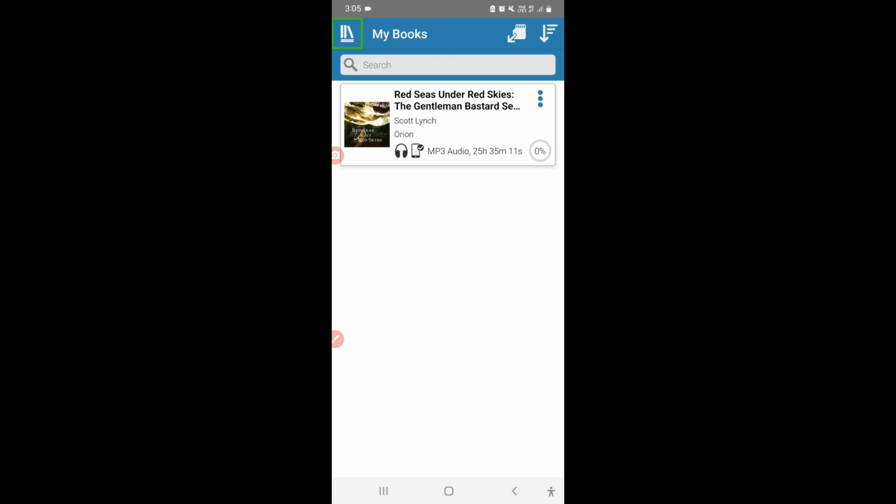So now what you can do in Easy Reader is you can listen to audiobooks. Another advantage of Easy Reader is that it allows you to sell libraries. So if you have a library and you want to sell it, you can do that as well. And you can also export other documents on your phone and you can read them using Easy Reader. So that is the basic difference between Bookshare and Easy Reader.